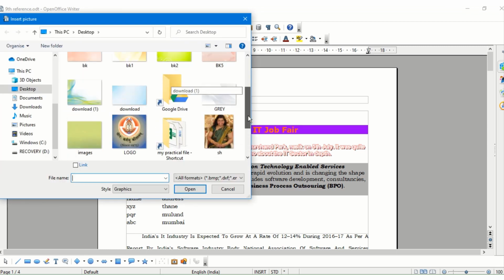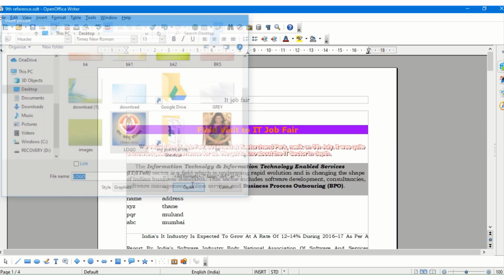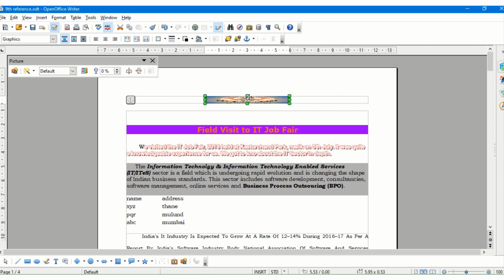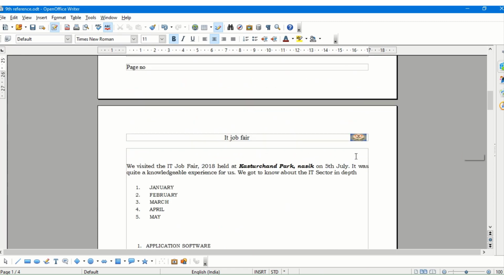So if I click on this and select this logo, I can insert it over here. Of course, this area I have not defined, so it is very small, but I can insert this logo over here. So this logo now will be displayed on all the pages of the document. So this is what is called the header and the footer in a document.